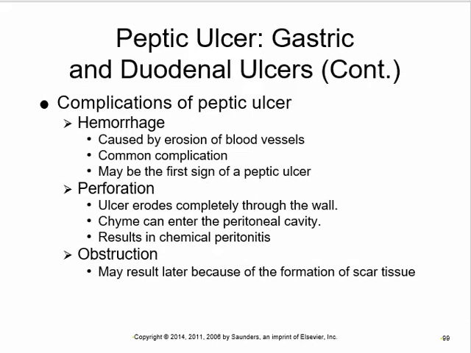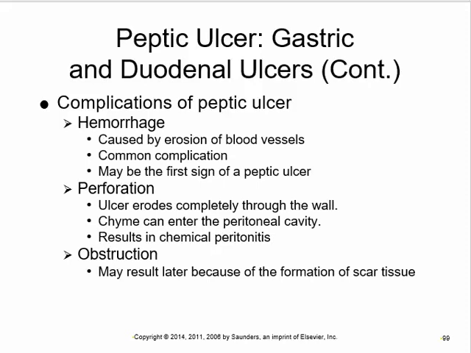So if you get a peptic ulcer, one of the real big complications is hemorrhage, because the ulcer will go right through the mucosa into the submucosa and start to erode away the blood vessels, and they will start to bleed. And you end up puking up blood, you're bleeding into your stomach. It's common. Oftentimes, puking up blood is how these things are found. It scares the crap out of people.